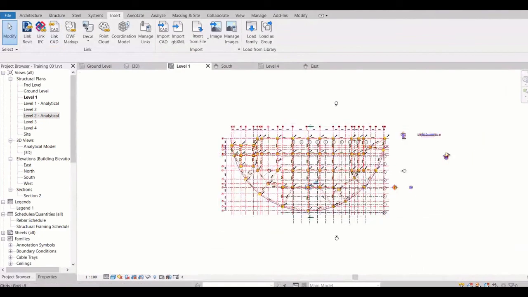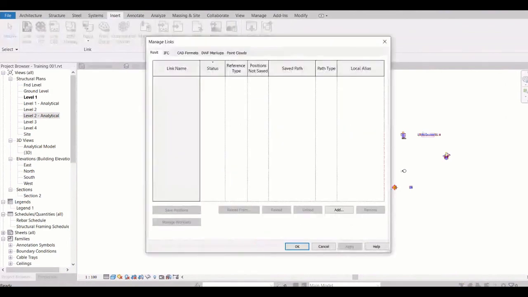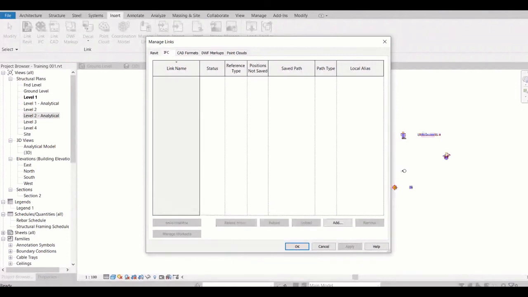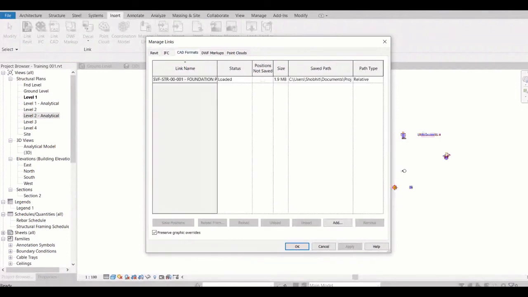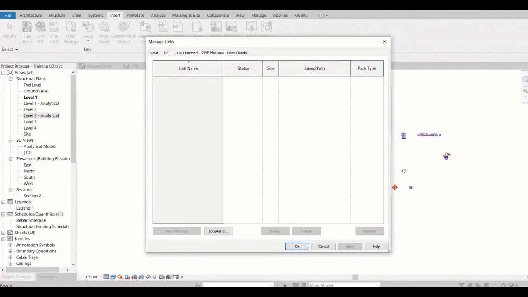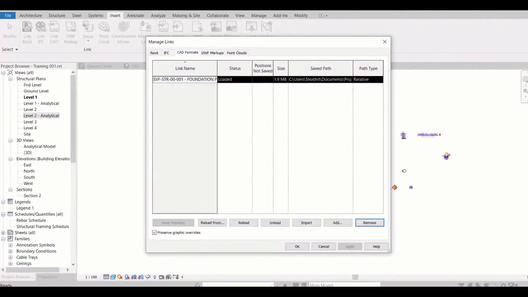Okay, so right now we are not building this one. And then there is manage links. When I go to manage links, I will see that I don't have any Revit links over here, I don't have any attached, I have a CAD, this one. Okay, and others I don't have.